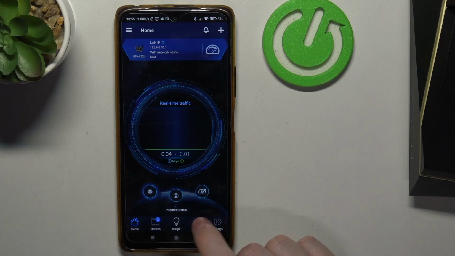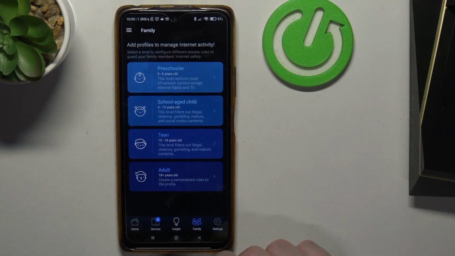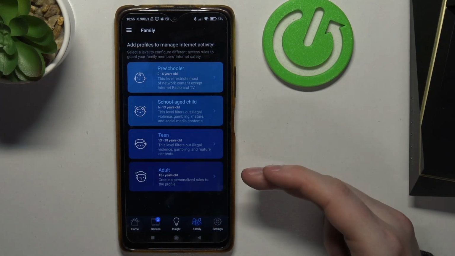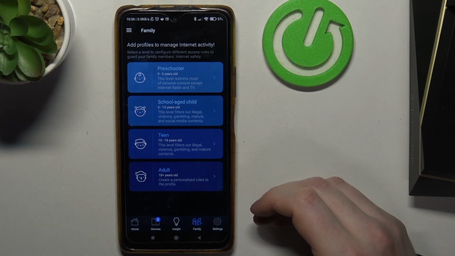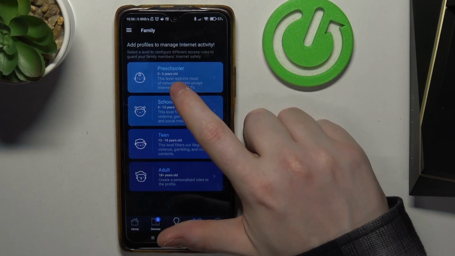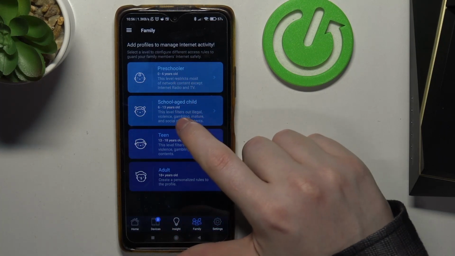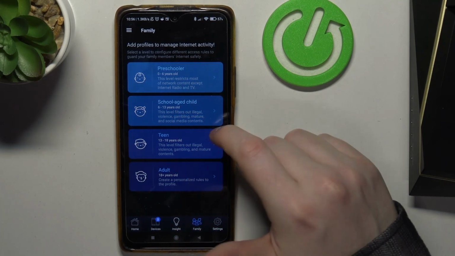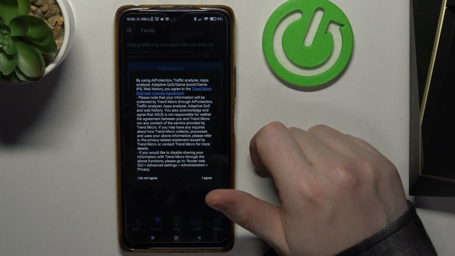To do this, we'll need to click on the Family tab inside the ASUS app, and then you'll see something like this. You can add a different profile to manage internet activity, and there are different age categories: preschooler, school-aged child, teen, and adult. In this case, we're going to go with the adult,